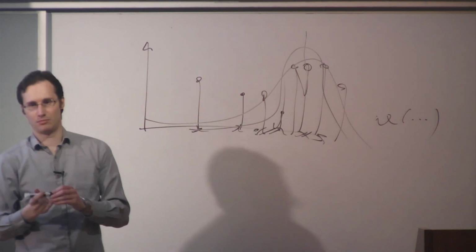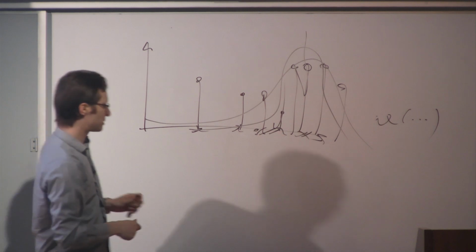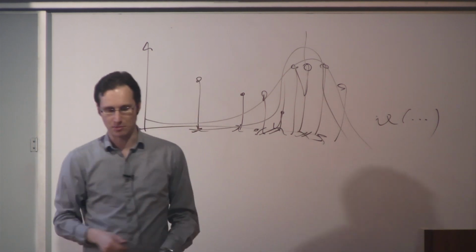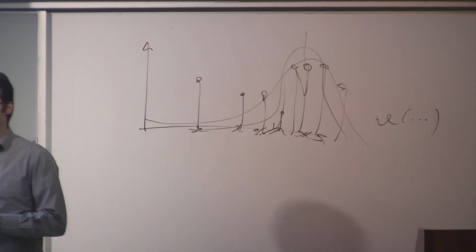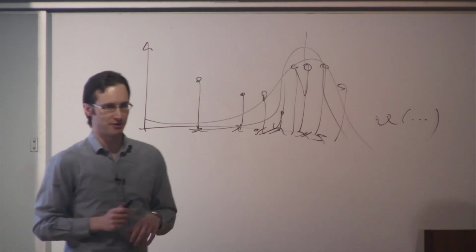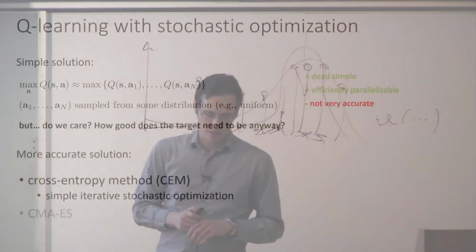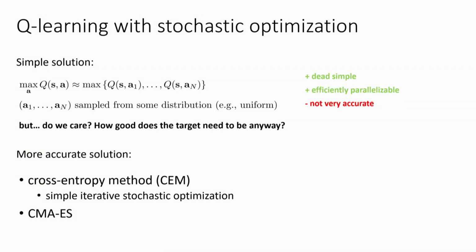We'll see this method in a little bit more detail when we talk about model-based reinforcement learning later. But in the meantime, if you do want to give this a shot, look up the cross-entropy method. It's very easy to implement. You can implement it in about 4 lines of Python code. You can do other fancier stochastic optimization techniques, CMA-ES, etc. So there are a lot of choices here. We'll talk about these kinds of optimizers more when we discuss model-based reinforcement learning in a subsequent lecture.